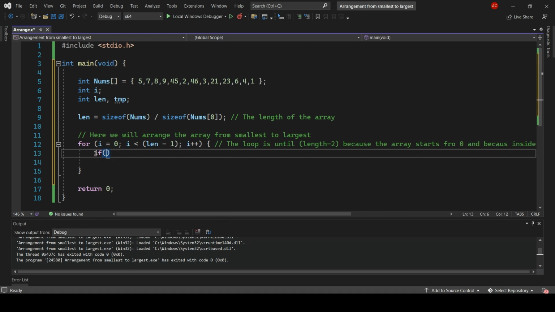All that remains to be done is to go through each element in the array and check if the number that comes after it is smaller than it.